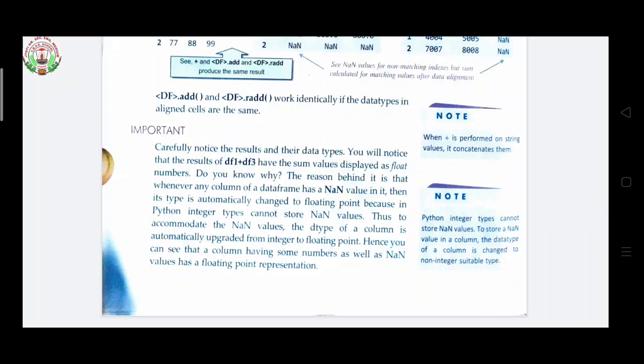The reason is that whenever any column of a data frame has a NaN value in it, its type is automatically changed to floating point, because in Python integer types cannot store NaN values. Thus, to accommodate the NaN value, the dtype of a column is automatically upgraded from integer to floating. Hence, you can see that a column having some numbers as well as NaN values has a floating point representation.